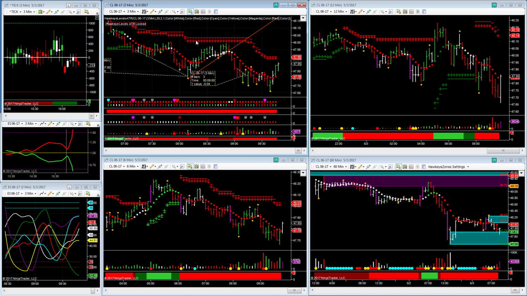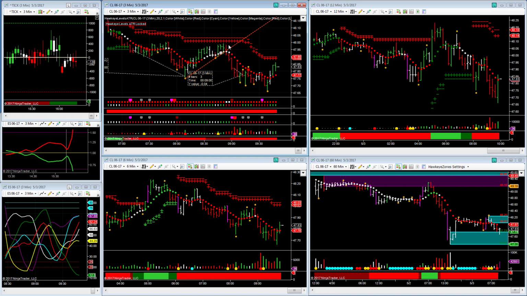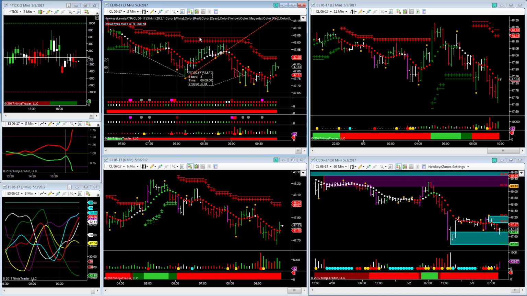You can see that price is double topping. We're coming very close to the Hawkeye stop, which is high probability resistance. The automatic trailing stop painted by the Hawkeye trend indicator shows you a very strong resistance or support if it's green, and I use that to help me to gauge this type of corrective action. So this trend line and this stop gives me a really nice flag pattern for looking for this to be a continuation one way or a breakout in the other.